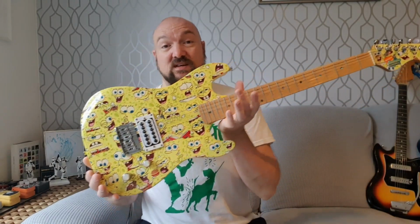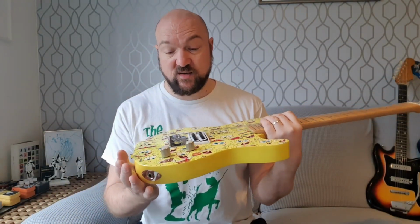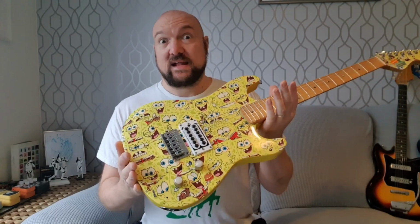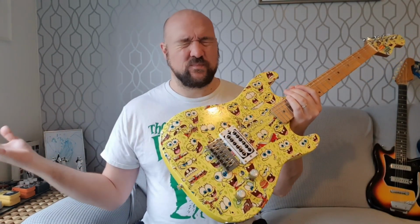I went onto Facebook Marketplace and I found one of the guitars that I've been looking for a long time. I have been waiting ages for one of these to turn up, and it did, and it was for 30 quid, and the guy had never used it. He bought it for his niece and she didn't want it, and it's just been sat in a wardrobe for